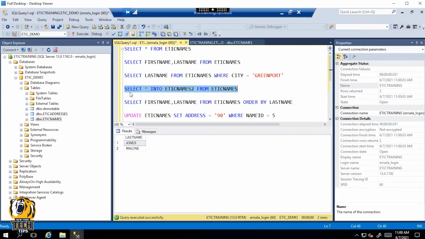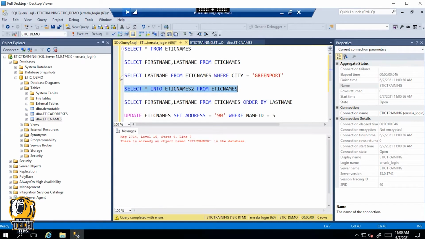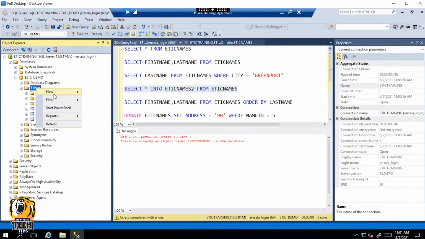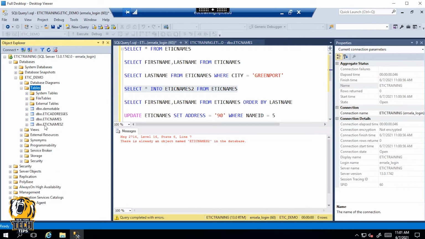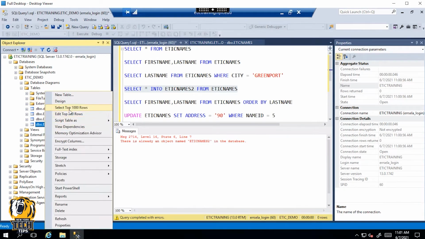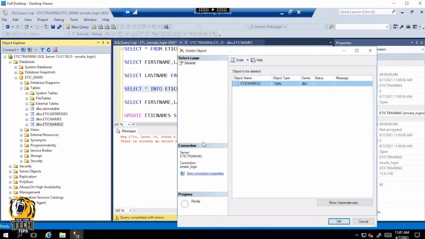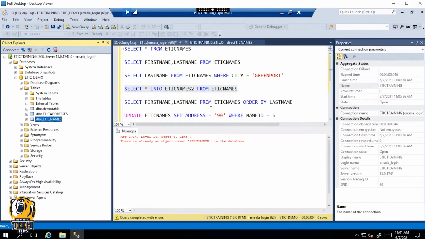So what we do is we use the select into command, and we select everything into one table name that we're creating from scratch from another table. In this case, you don't see an eTickNames2 table over here, but if we selected star into eTickNames2 from eTickNames, it will, let me fix that. If I delete this table, eTickNames2,